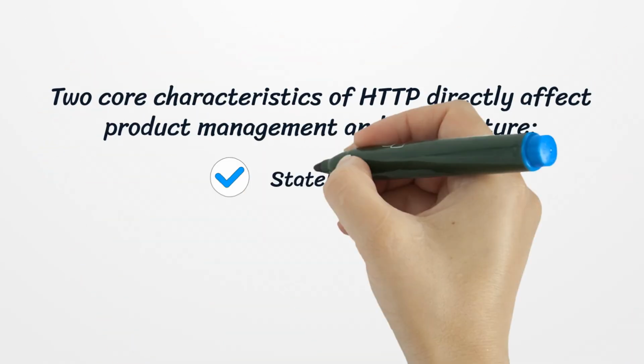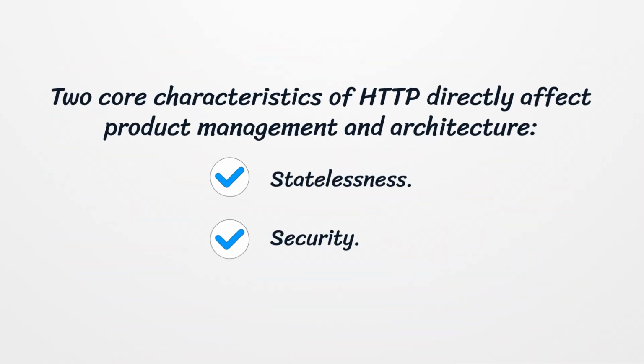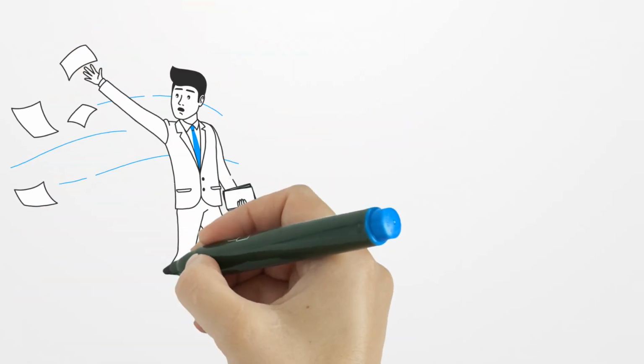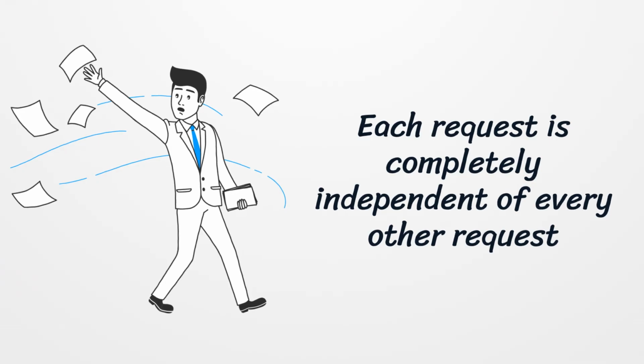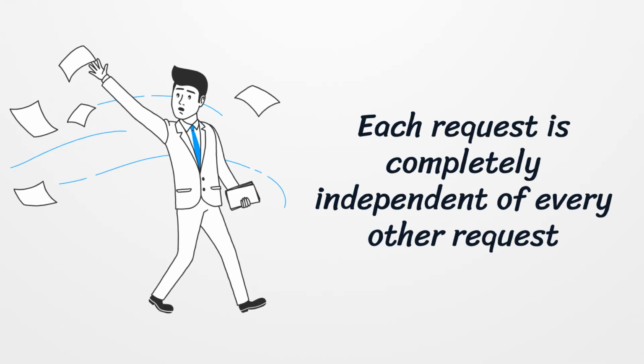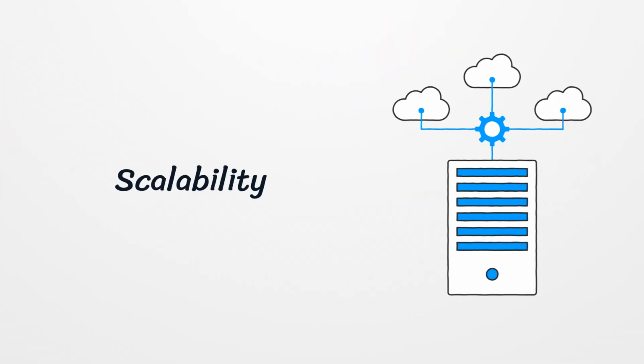2 core characteristics of HTTP directly affect product management and architecture. Statelessness, the forgetful protocol. HTTP is inherently stateless. This means that each request is completely independent of every other request. The server doesn't remember who you are or what you did on your previous call. This is fantastic for scalability. Any server can handle any request at any time, making it easy to add or remove servers, load balancing, without